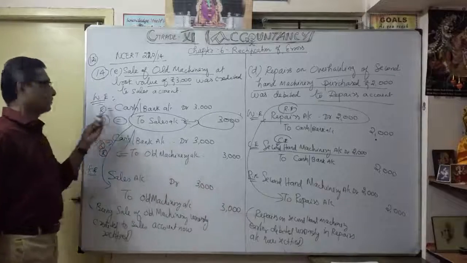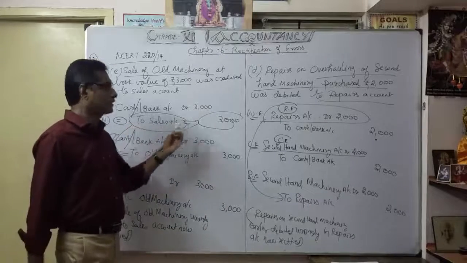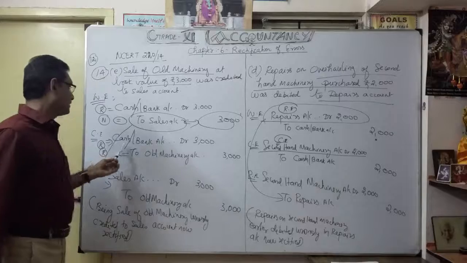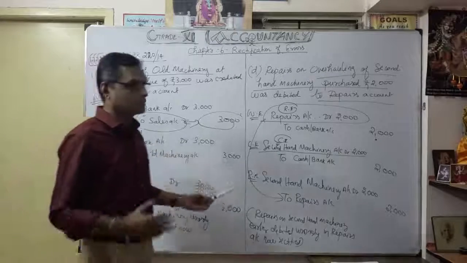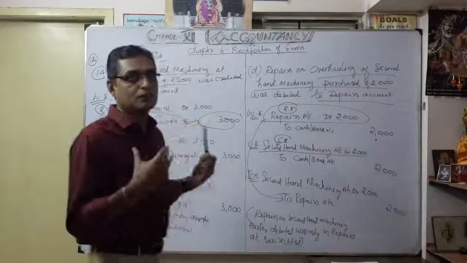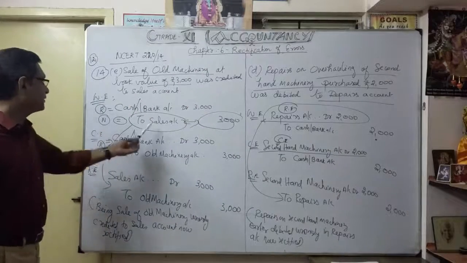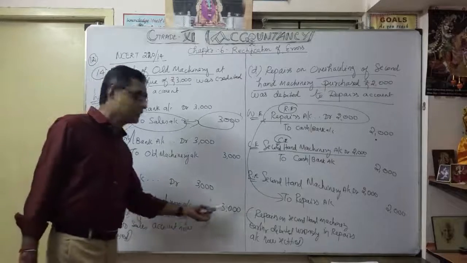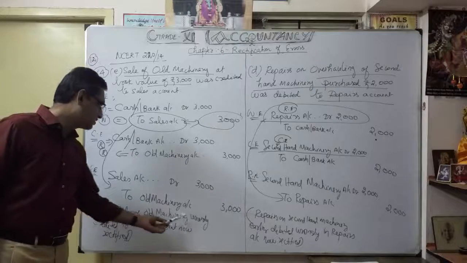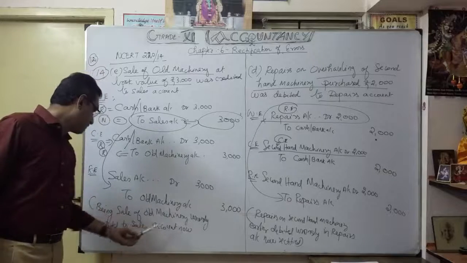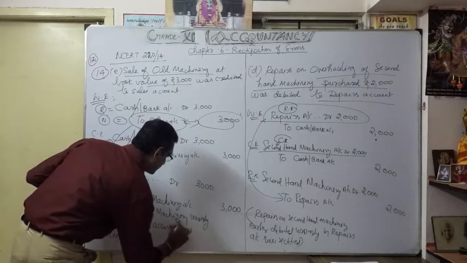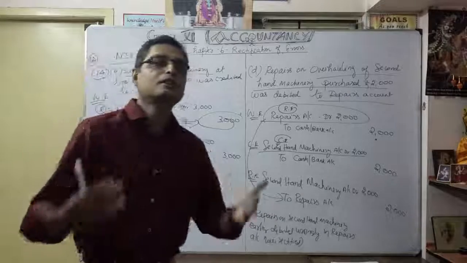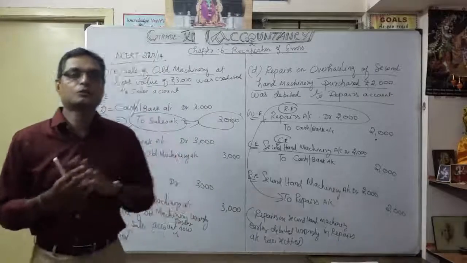So what is the wrong entry? Cash or bank account debit to sales account. They treated it as sales, as income. Actually, what should happen is cash or bank account debit 3,000 to old machinery account. As a real account, debit what comes in, credit what goes out. That's why the rectification entry: earlier we credited sales, now I am going to debit sales account 3,000 to old machinery account 3,000. Narration: being sale of old machinery wrongly credited to sales account earlier, now rectified. As a narration, you can write according to your knowledge. The only thing is the narration should be understandable by others.